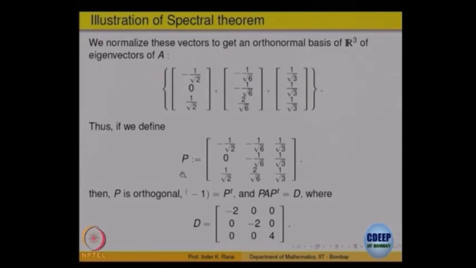And this matrix is automatically orthogonal because the columns are mutually orthogonal and of unit length, right. P transpose P is equal to identity. There is a typo here, orthogonal. So, P inverse is equal to P transpose. So, you can write P A P transpose is equal to diagonal; you can verify that.